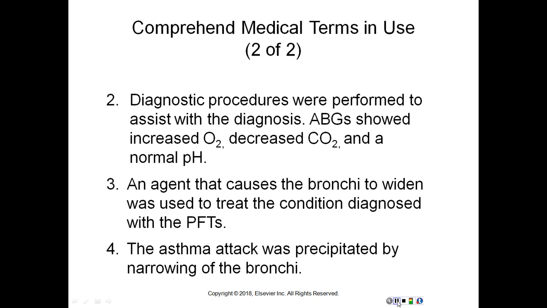Number 3, an agent that causes the bronchi to widen was used to treat the condition diagnosed with the PFTs, and that is true. And the last one, the asthma attack was precipitated by narrowing of the bronchi, and that is going to be false because it said an episode of bronchitis, which is going to be inflammation of the bronchi. And that will end the recording for chapter